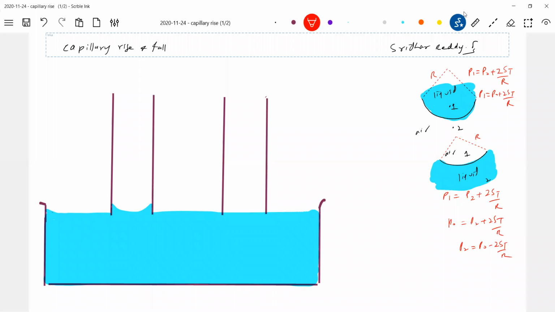Okay, let's get into the pressures here. So this is the free surface. For first, let me take here. So the pressures here are 1, 2, 3. We are very sure. What about here? Everything is air, no? And this is a free surface. What should be the pressure at 1 and 3? Pressure at 1 and 3 should be equal to P naught.